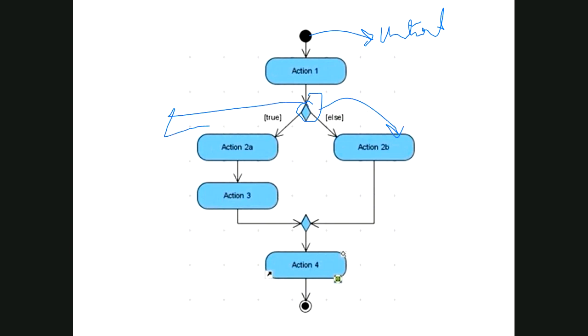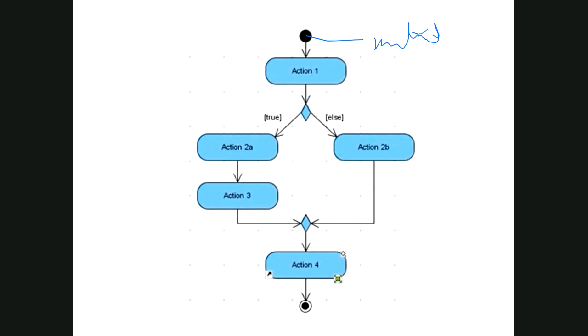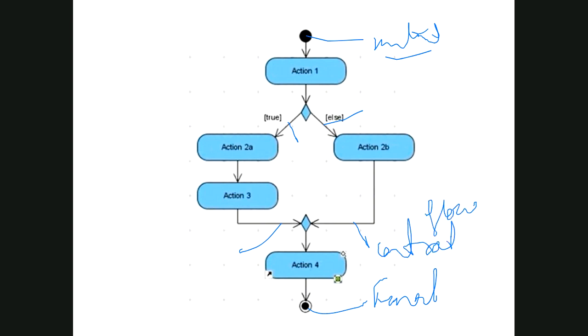Means you are moving inside the system now. Okay, so this is your initial state, means from this state you will start, and this is your final state, means here the activity diagram comes to a halt. These arrows are known as control flow. Means these arrows tell you in which direction you have to move, how you have to move in the system. These are known as control flows or edges,